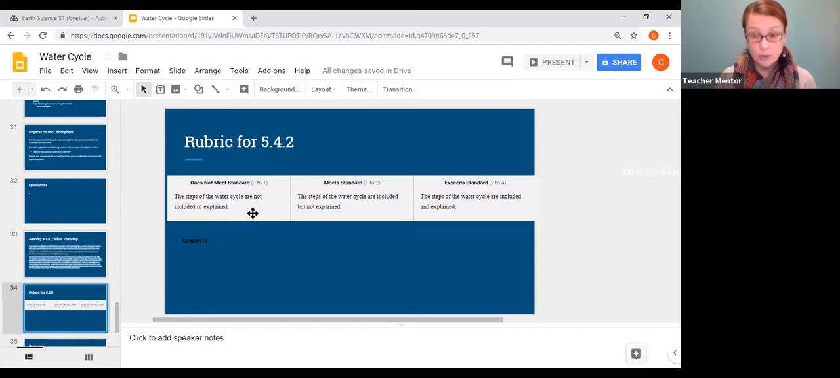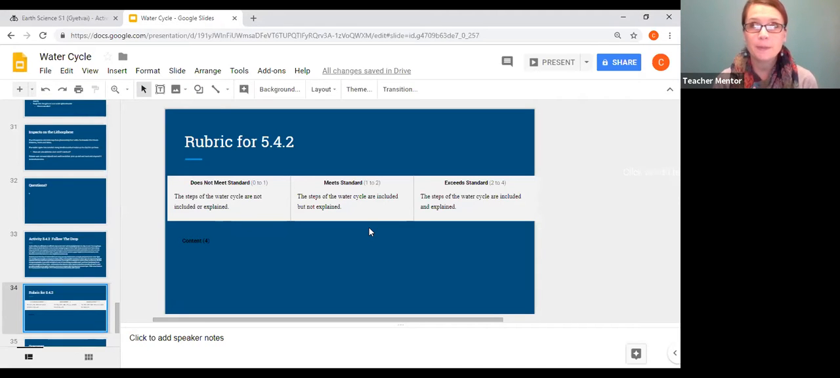So I've got quite a few steps that aren't explained and even included. Okay, moving up, getting us a better grade are if we include the water cycle steps but not explain them. So again, maybe I've named all of the steps but not given the explanation to each step. The explanation is important for teachers to